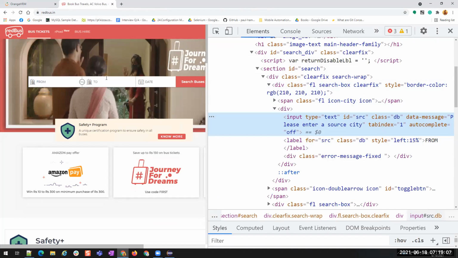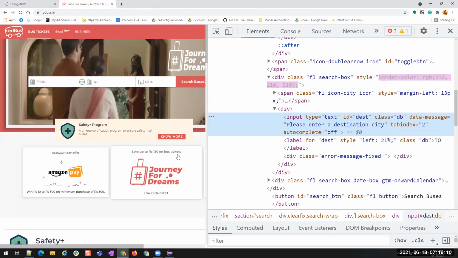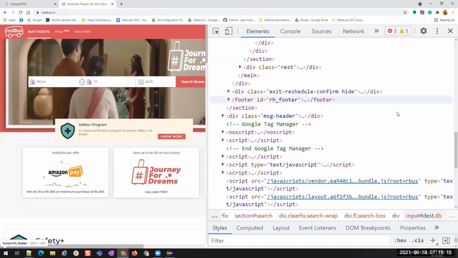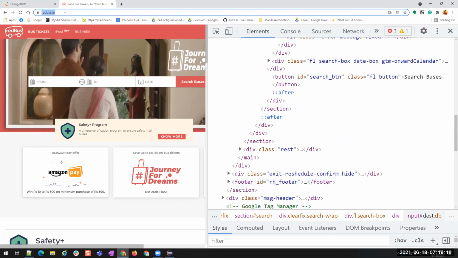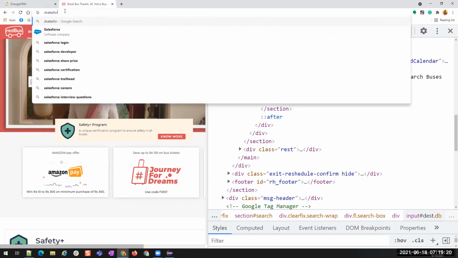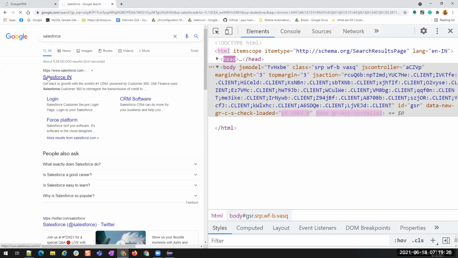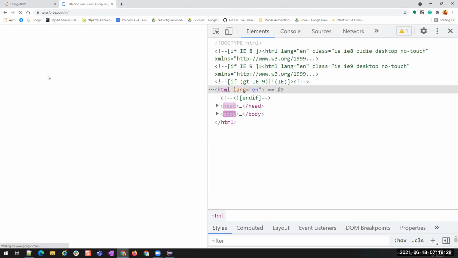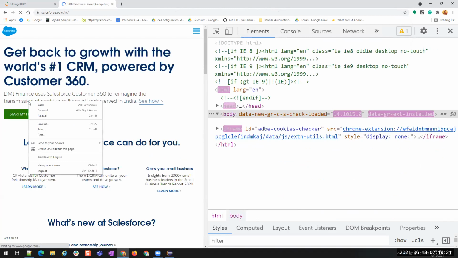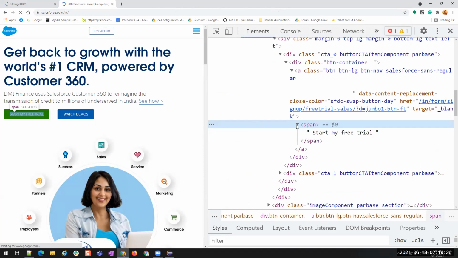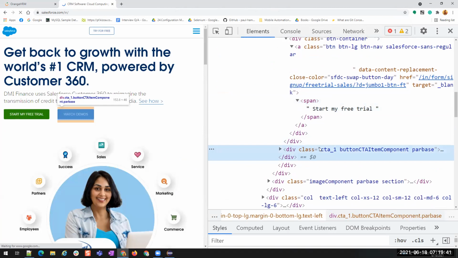Let's just see if I will be able to find something. I think I can use it.